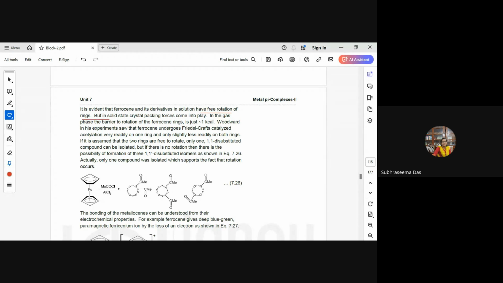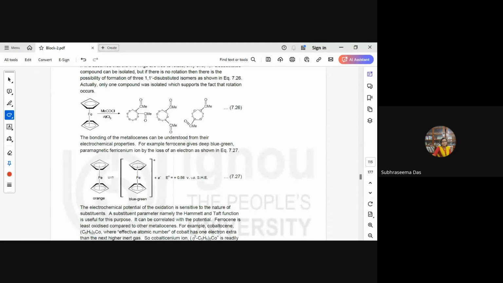Certain reactions have been performed, and the bonding of metallocenes was understood from their electrochemical properties. Like ferrocene, it gives deep